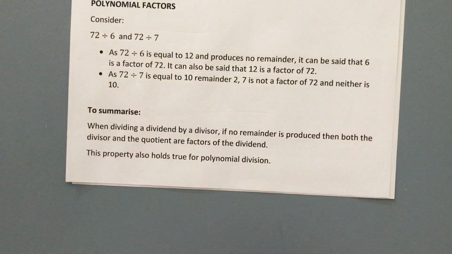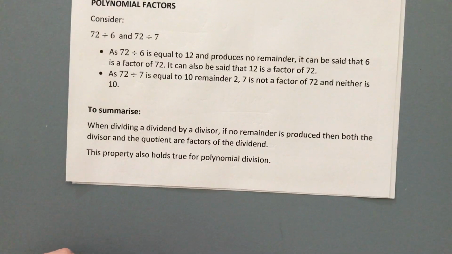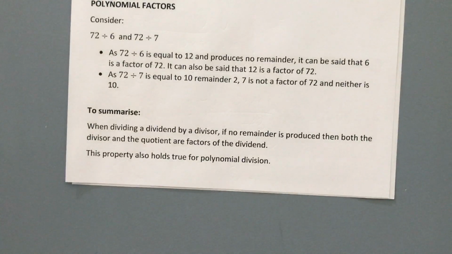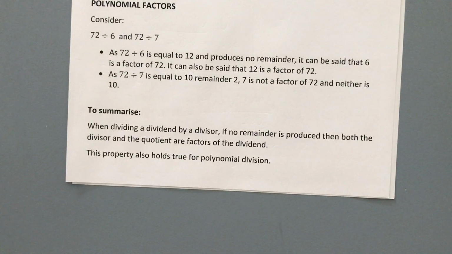So when you divide through by a linear factor and you get a remainder of 0, what you're finding is that that linear factor is a factor of that polynomial. Okay, it's something you can multiply by other factors and produce the polynomial with no remainder. It's going to be really important when you get to factorization that you can differentiate between those two things. When you divide by something and produce a remainder, it's not going to be a factor. You can't use it to factorize your polynomial. When you divide it and you do get 0, you will be able to use it as a factor to